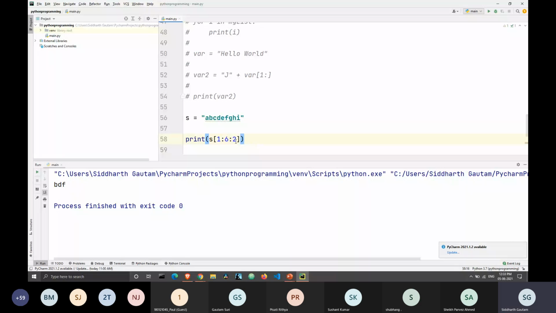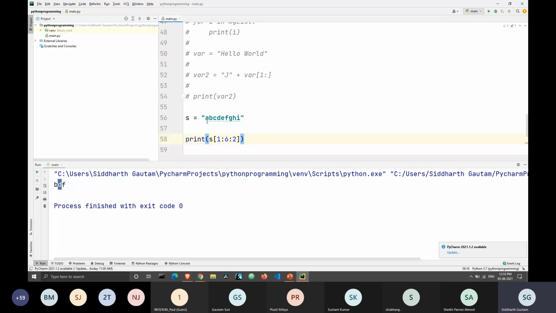What we are printing here: first we are printing the B, right? So we get this element B, and then we are printing D. You must be thinking where the C went, right? We are going from 1 to 6. There's an element C here. This should also get printed. But the reason it's not getting printed is because we have 2 here.